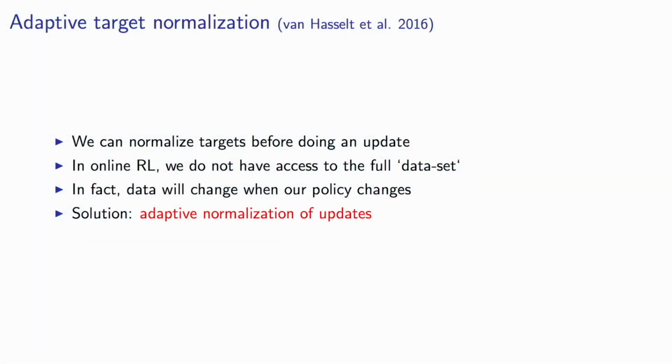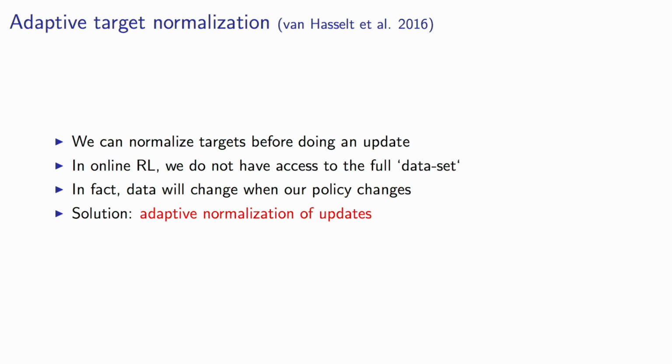But one way to do that is to normalize targets before you do an update. So the thing to note here is that in online reinforcement learning, you don't have access to the data set in advance. And why was this maybe an underexplored topic? I think it's because in the supervised typical setting, or especially in classification, you don't have any issue of scale. In classification, you know that everything's between 0 and 1, say, all the outputs of your network. But even if you're doing regression, people typically just normalize the data and then do the regression, which is an appropriate way to do this if you have a data set. But if these things change over time, then it's much harder.